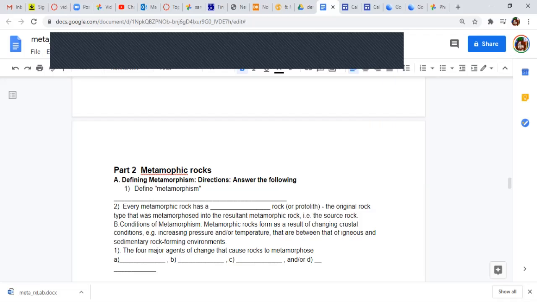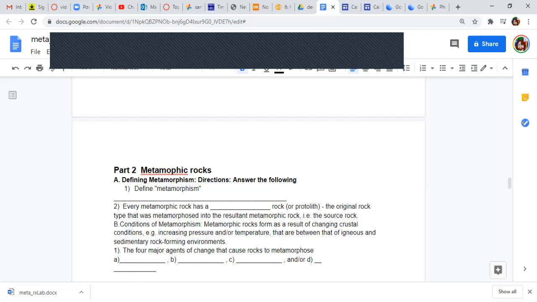For the second part of this lab, we're going to be working with the last of the three major rock classes. Two weeks ago, we worked with igneous rocks. These start out as melts. A week ago, we were working with sedimentary rocks. These are layered deposits. Now we're looking at metamorphic rocks, which form when another rock, a parent rock, is subjected